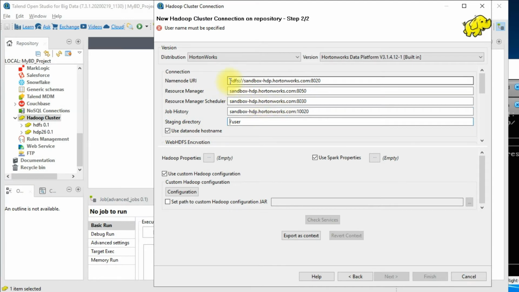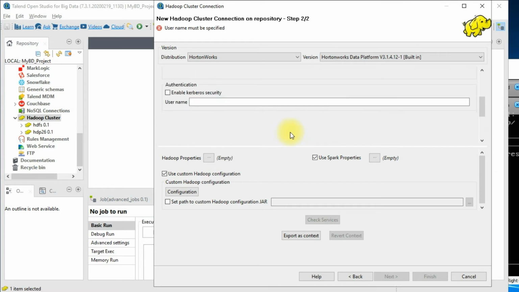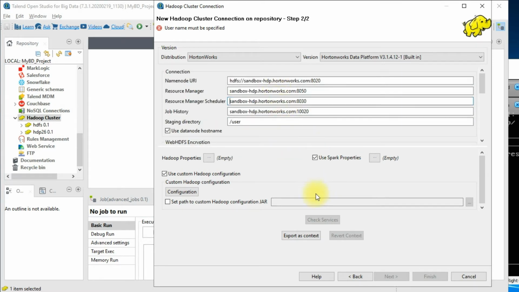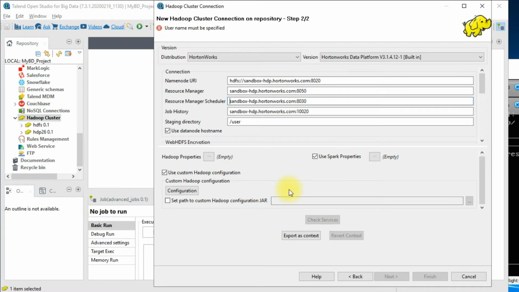And if you see, these are the name node URI. So the name node is configured automatically at 8020, and then the resource manager is at 8050, right? These are all the connection details required for your successful HDFS connection. So yeah, that's all you have. The next thing to do is,